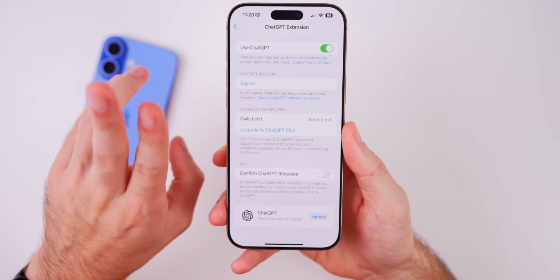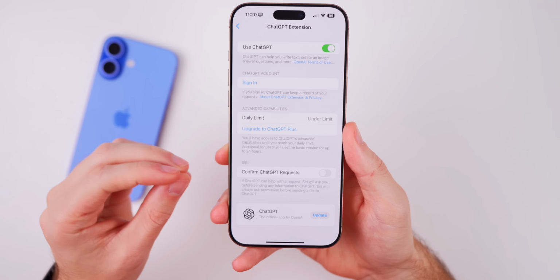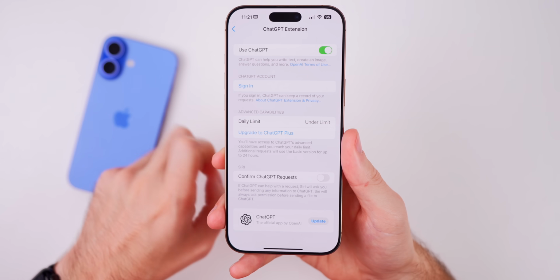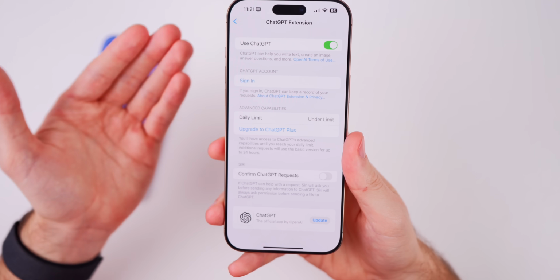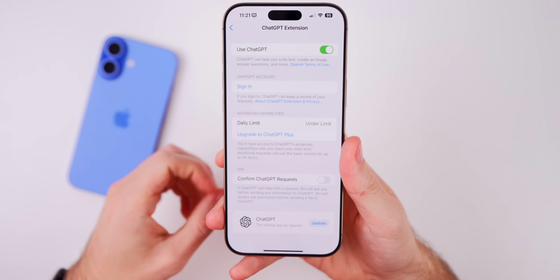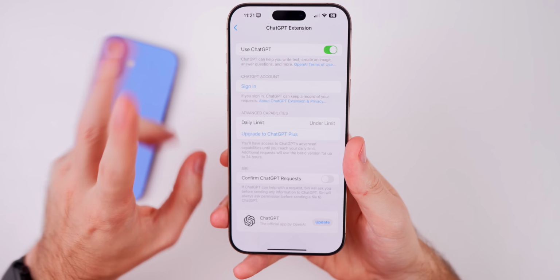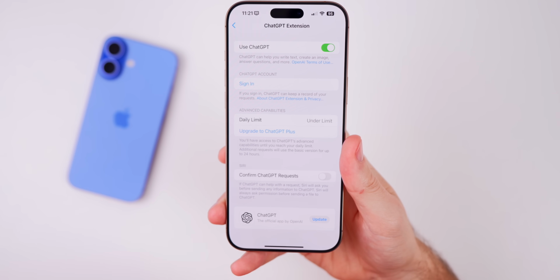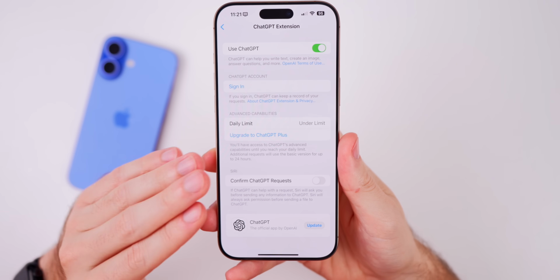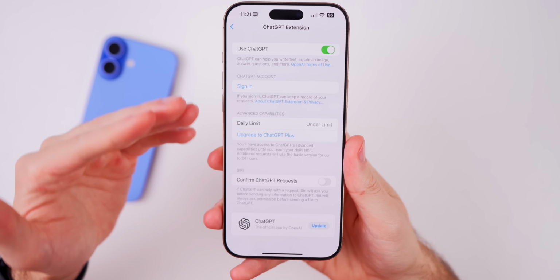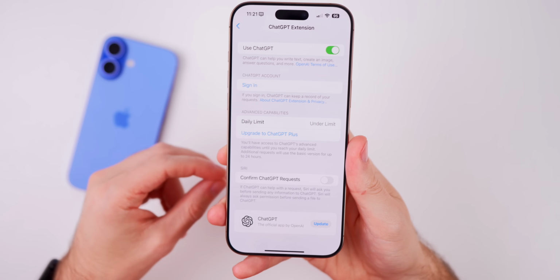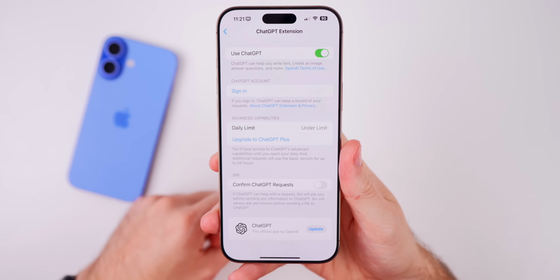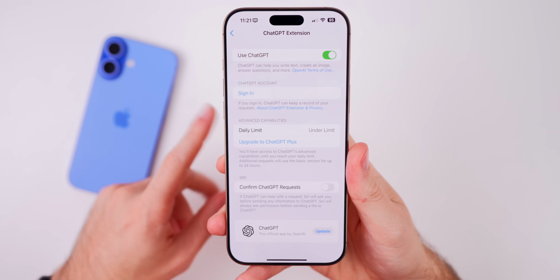It's just going to use the basic version instead of the default model, which the basic version is still going to give you the same answer. It just may not be as complex of an answer as it would be if it were using the main, advanced capability, the main GPT-4o model. But again, most people will not need to worry about that. And if you want to know a lot more details about this and how the basic and advanced versions compare against each other, I will show that in my ChatGPT video, which again will be linked in the cards and